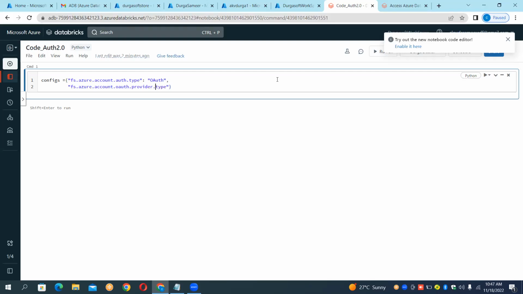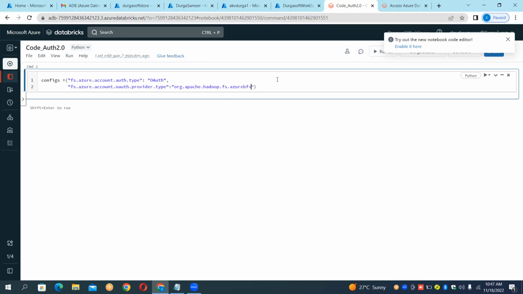I think this is okay. Colon, org dot apache dot hadoop dot fs dot azure dot